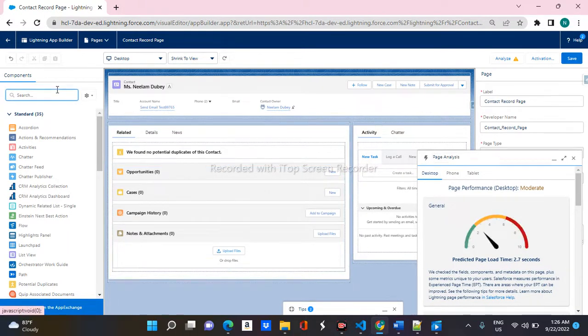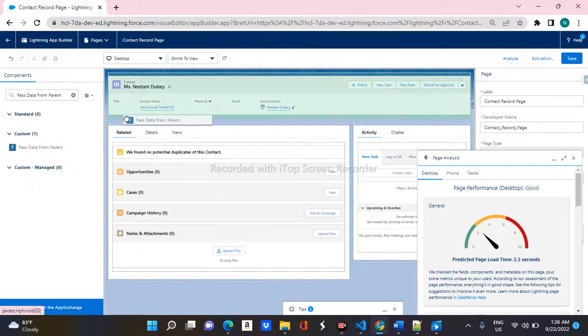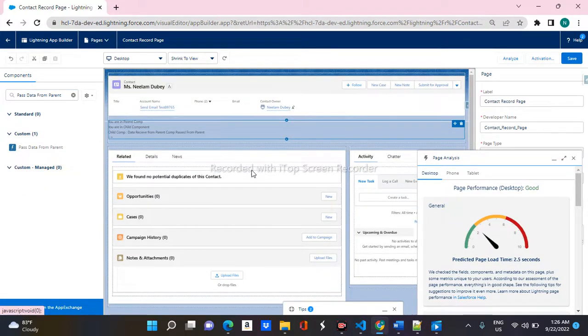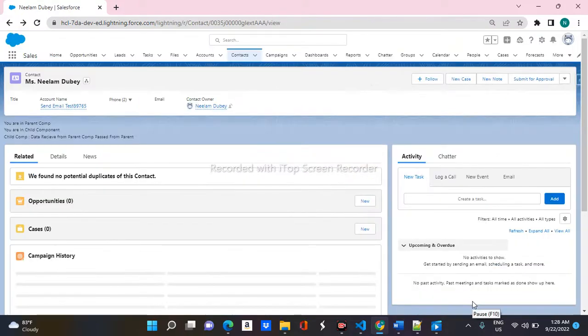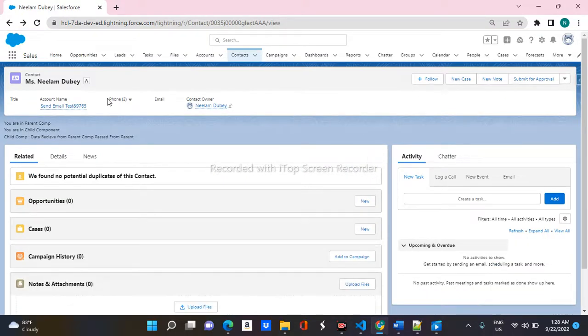In App Builder, let me put it, save it. So I have dropped my component,